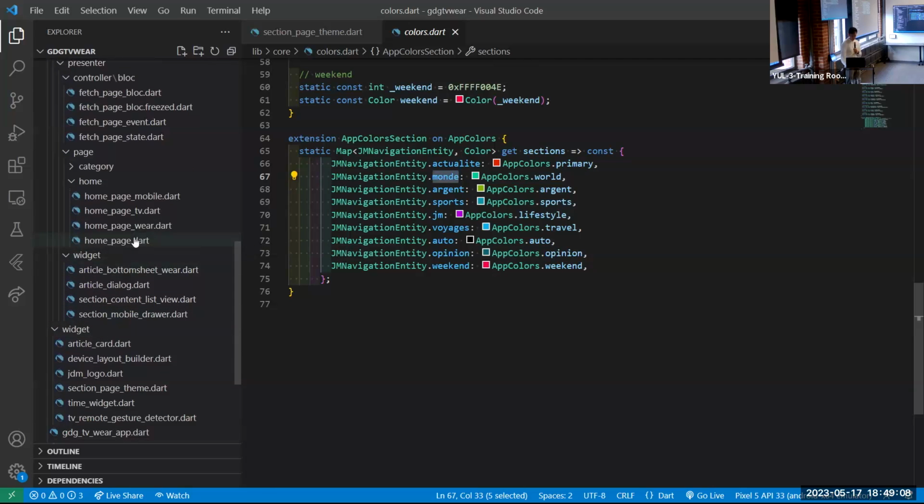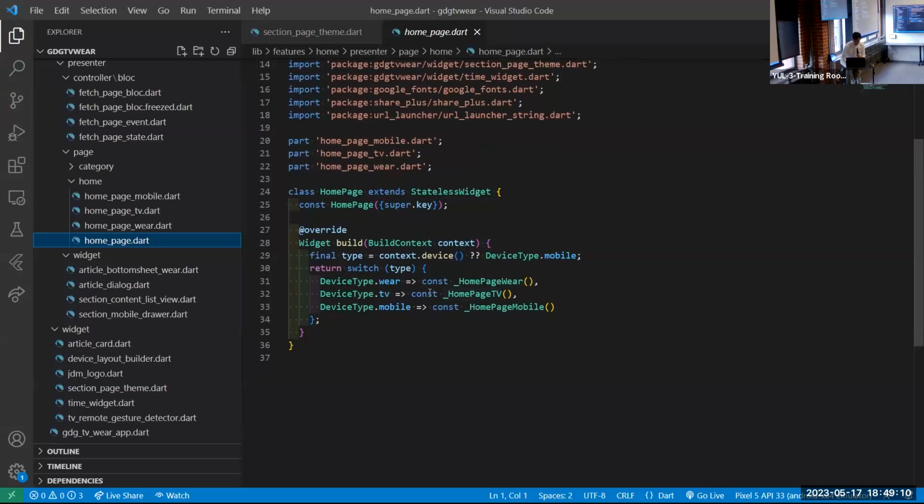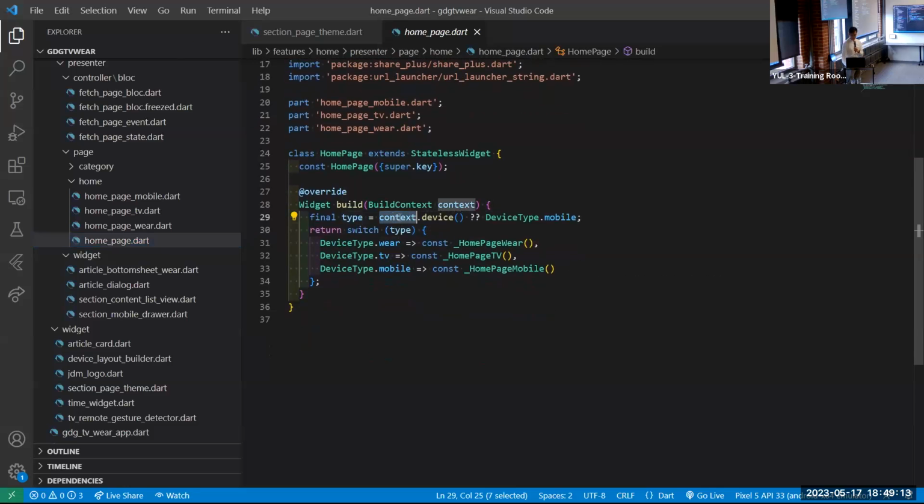And to handle all the devices, I just use the context to check the device, and I return the right widget, which can be Wear, TV, or mobile.